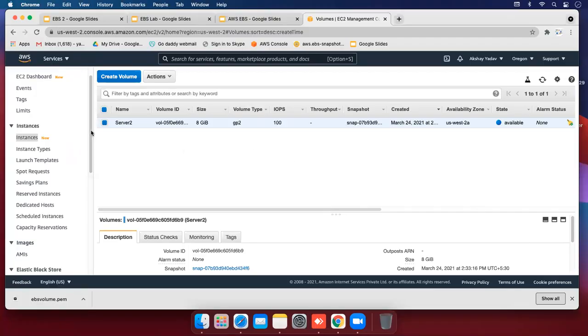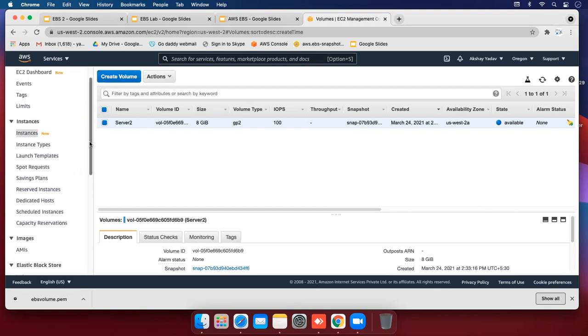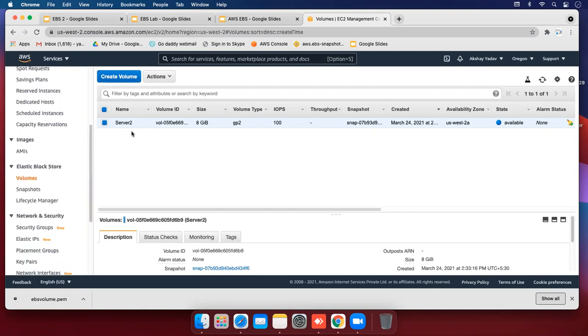As I selected delete on termination tick for server 1, the server 1 volume is deleted right now, and our server 2 volume, as I selected in my panel to untick the delete on termination, is persisting here, and we can also attach this volume to another instance. So our lab 1 is a success.